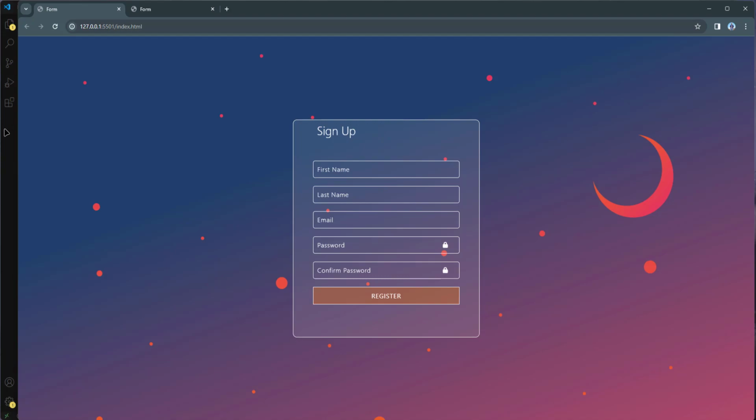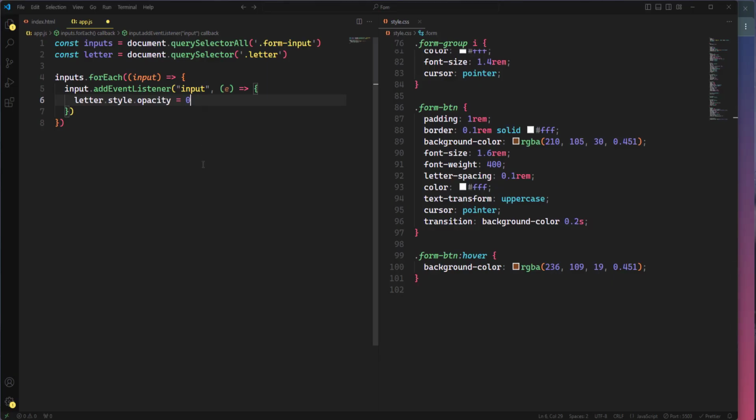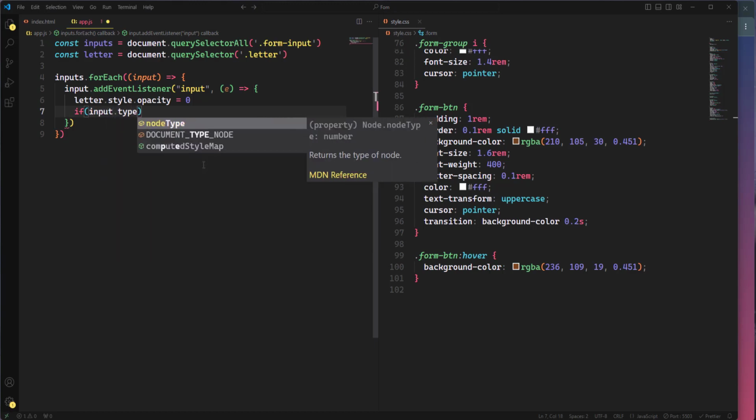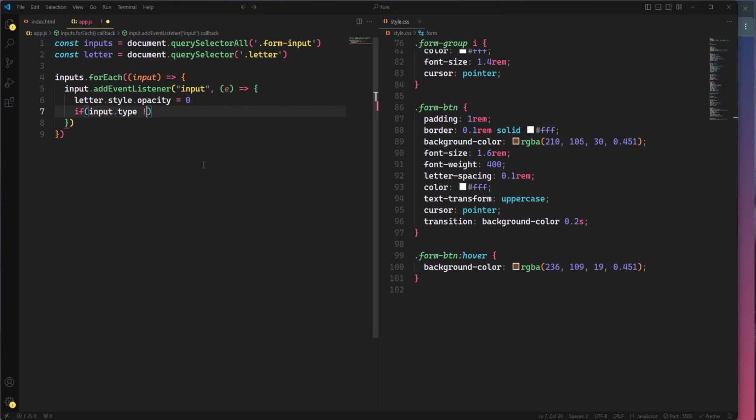For that, we need to use if statements. We need if statement in order to exclude the password and password confirmation. So we need here the following condition: if input type not equals to password,